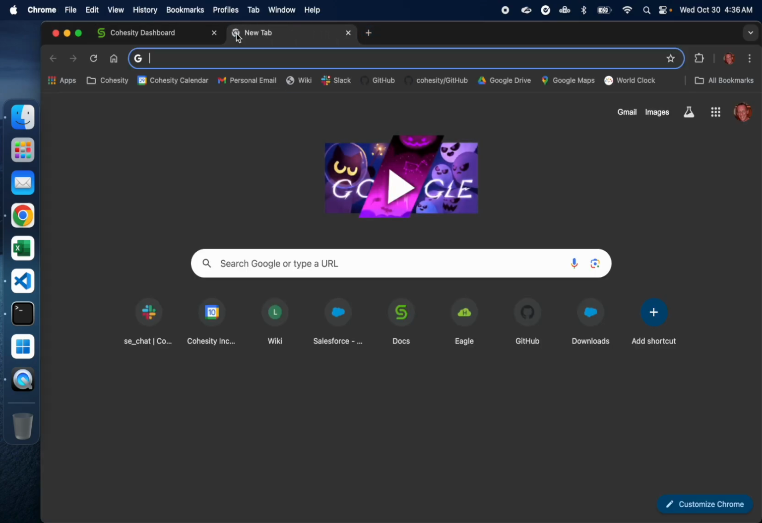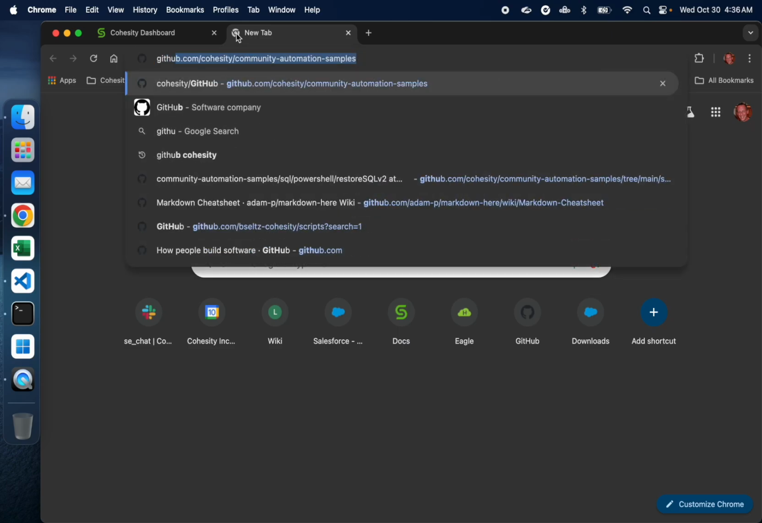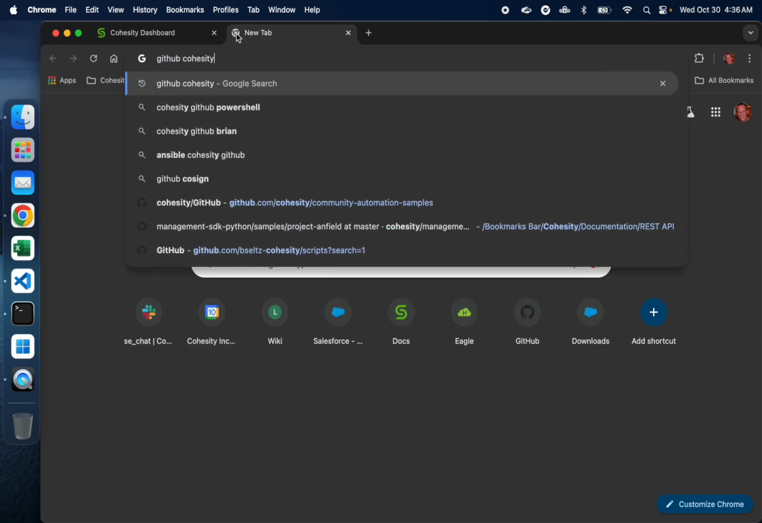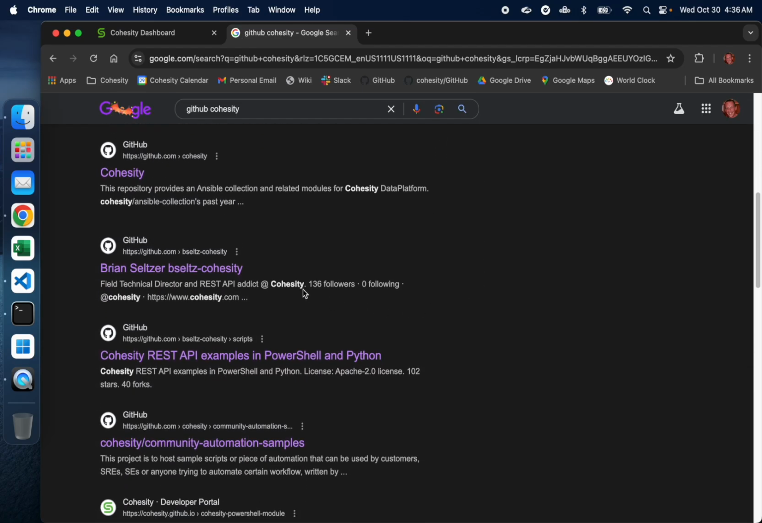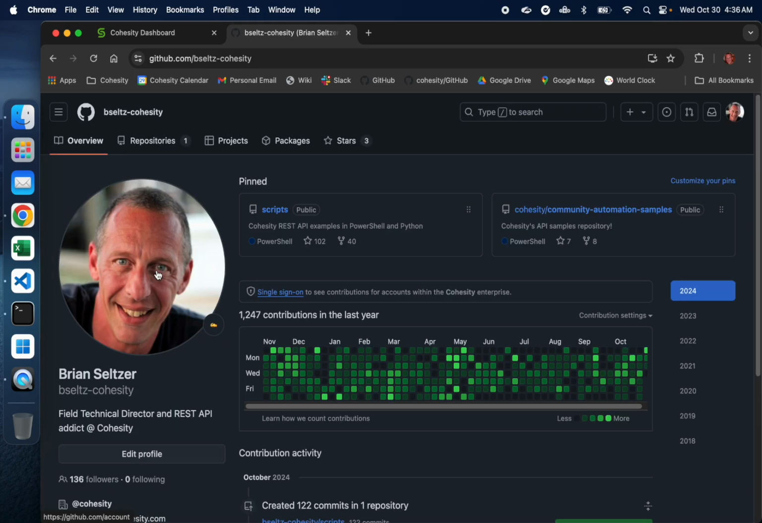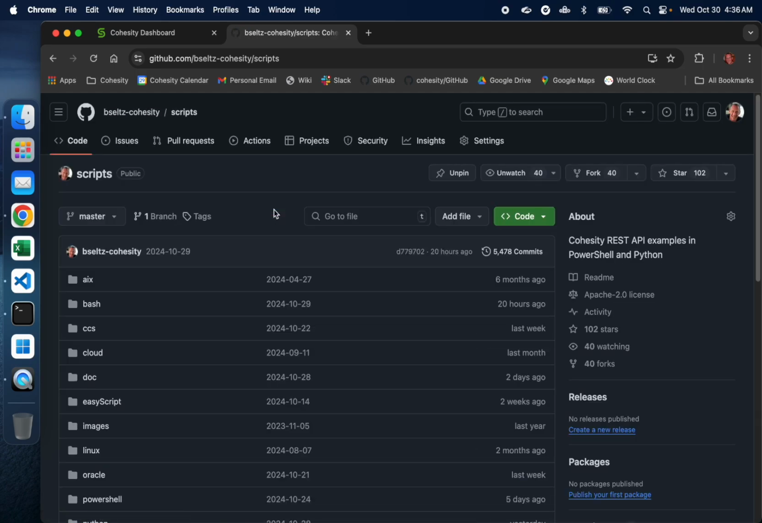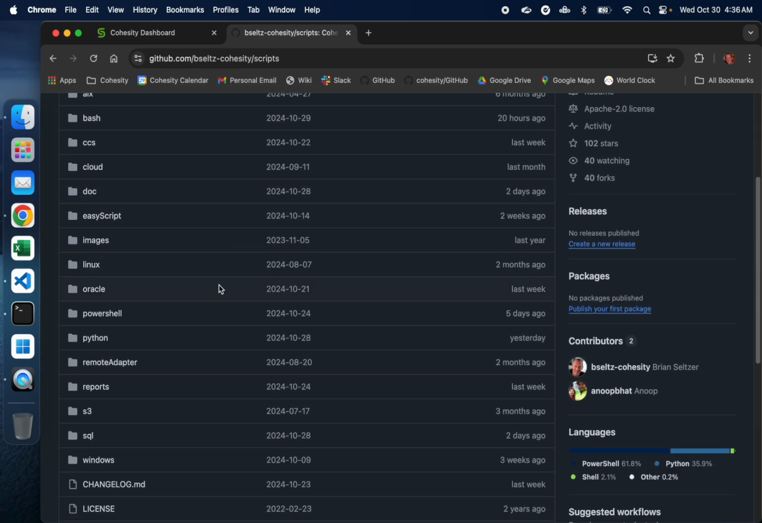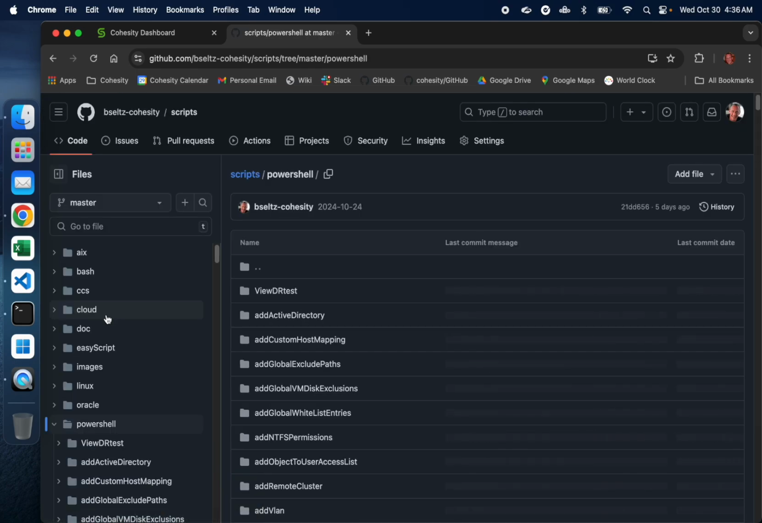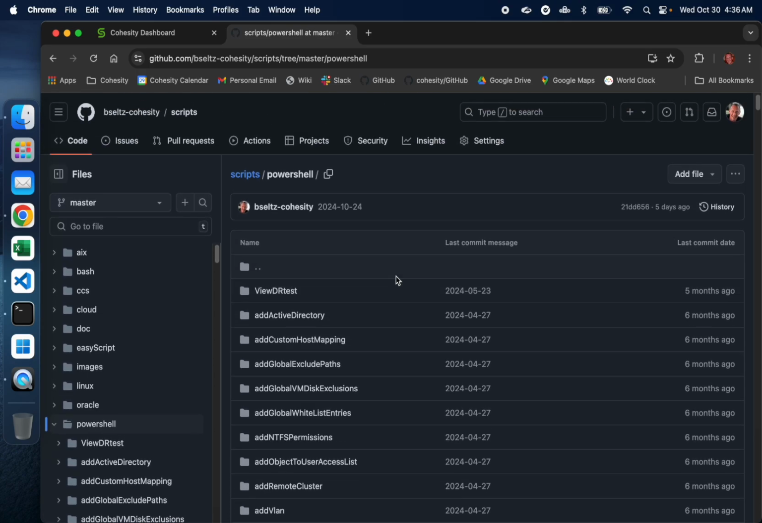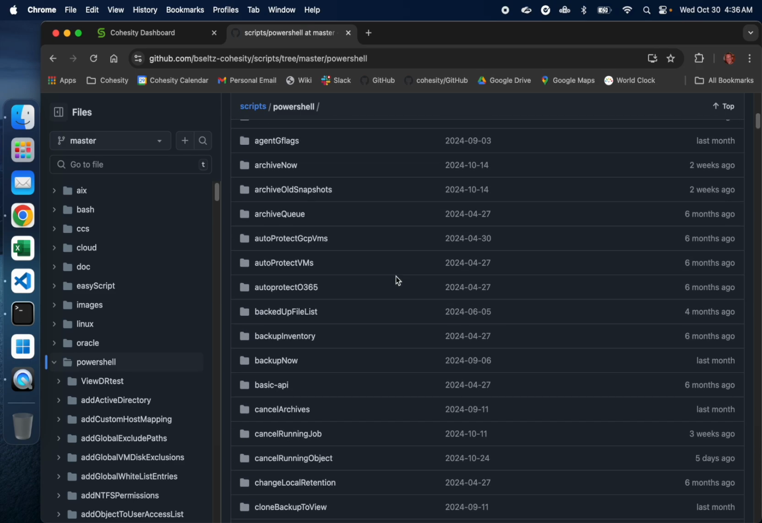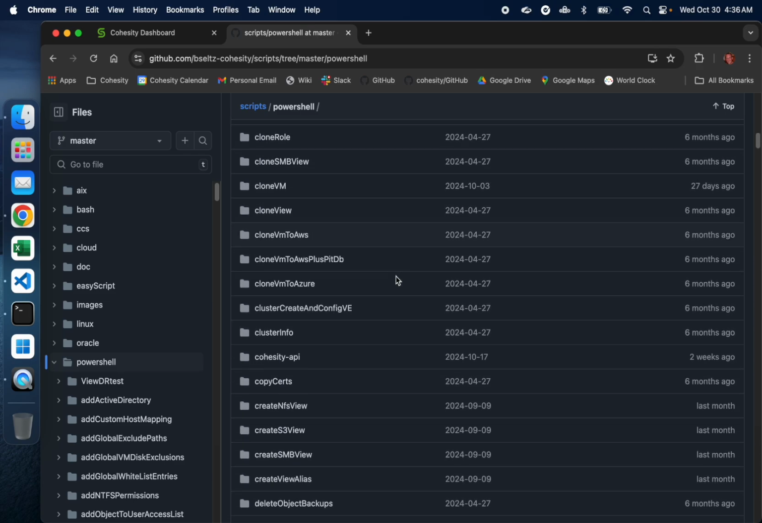So, if you go and search for GitHub Cohesity, scroll down a bit, you'll find my stuff right here. And I have a scripts repository, and in there's a PowerShell folder. Now, there's just hundreds of tools and examples out here in this repository, but they all use this